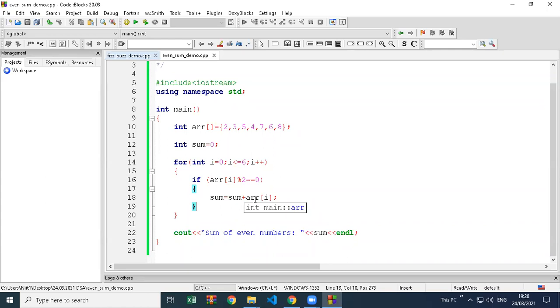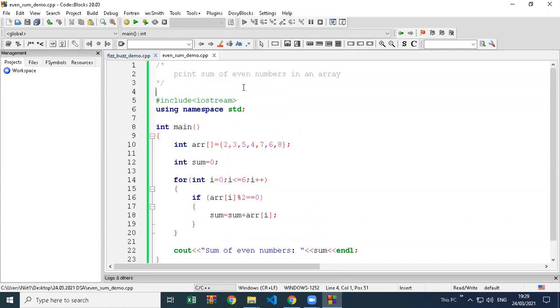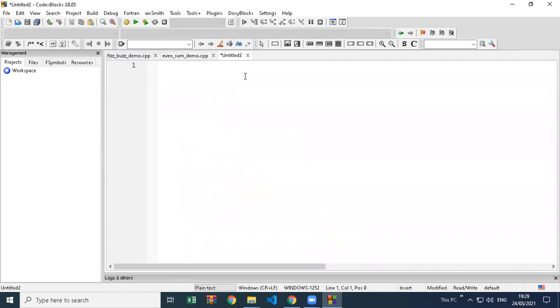You have to first find the numbers from the array, then the even numbers, and then do the sum step by step. If you do, then you will get the answer easily. At least you will get half the answer. If you don't get the even sum, you will maybe get the even numbers at least. So if you get that, you can proceed further and try to calculate the sum. So it becomes easy.